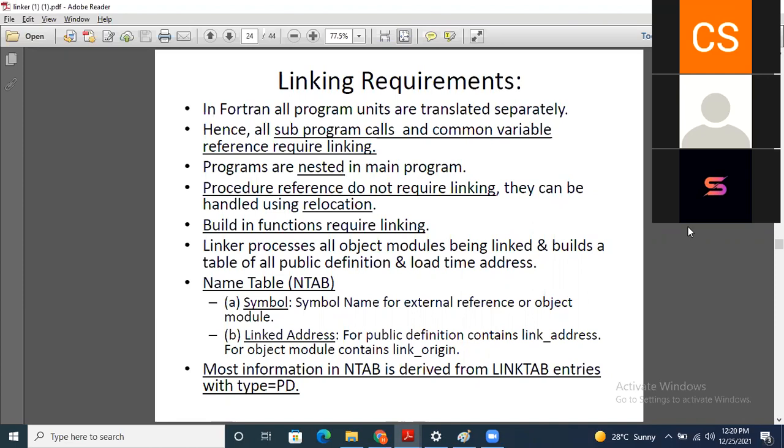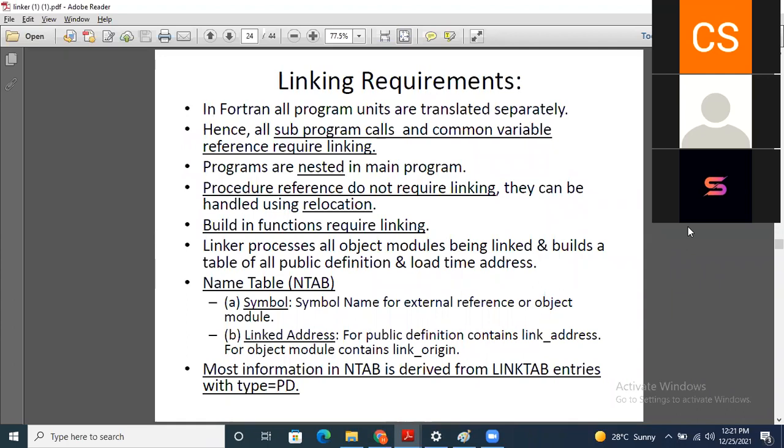Linking is needed if a program depends on another program, then in that case we need linking. Importantly, all programs are translated separately, and hence all these subprogram calls and common variables require linking. Since all these are translated separately, they all require linking.